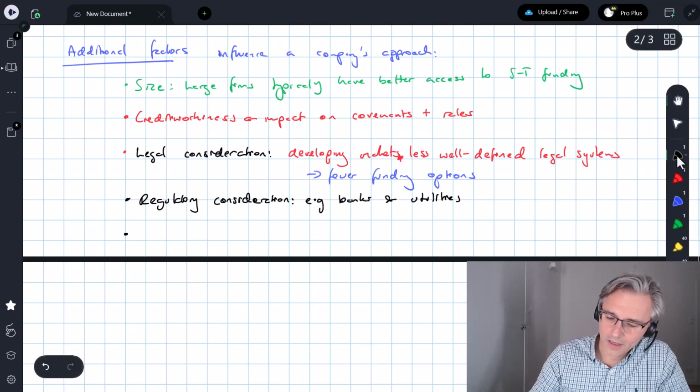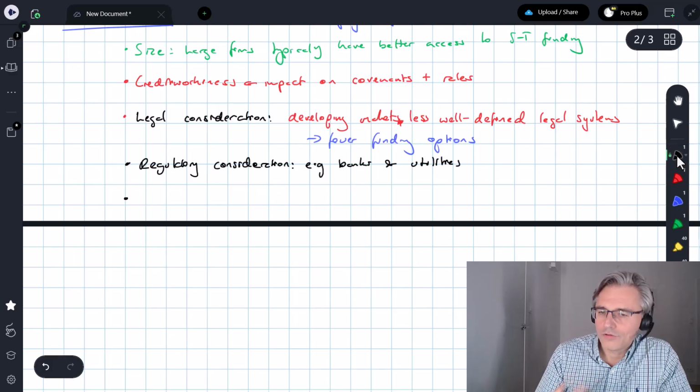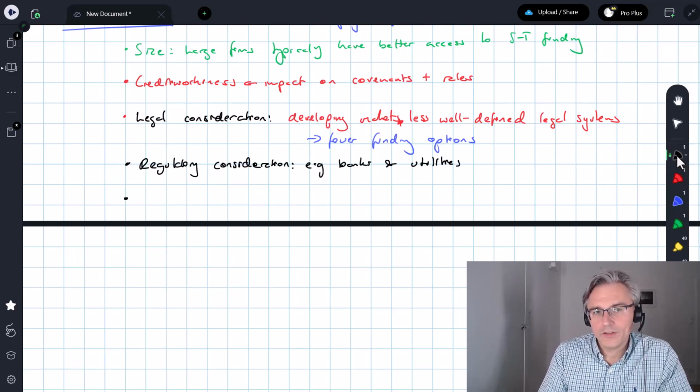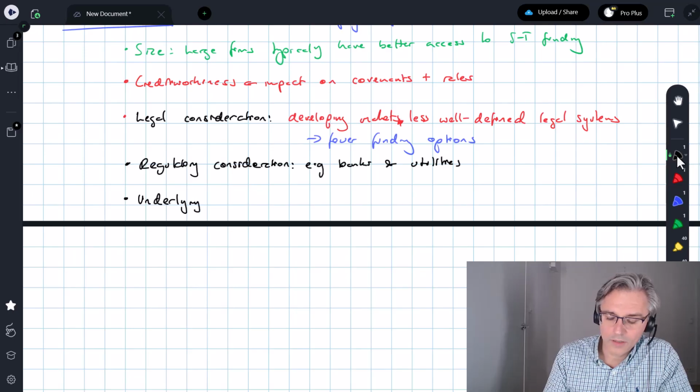And let's not forget that to a large extent your choices in terms of how you fund the company are going to be driven by the availability of specific assets, what types of underlying assets the company has,